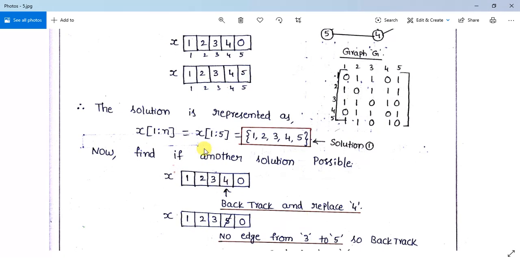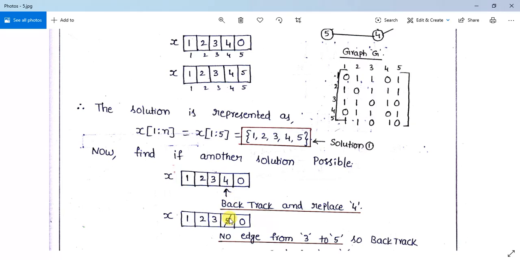Okay. So now from here itself we backtrack and find all the remaining solutions. Once you visit the fifth vertex, it is over. Then after 5, what is the vertex you need to visit? 0. So put 0. Once you have got 0, you have to backtrack and replace the value here. So now you replace this 4 with another value. What are the other values possible? 1 is already visited, 2 is visited, 3 is visited, 4 I should not consider. So let us consider if I put 5 here.